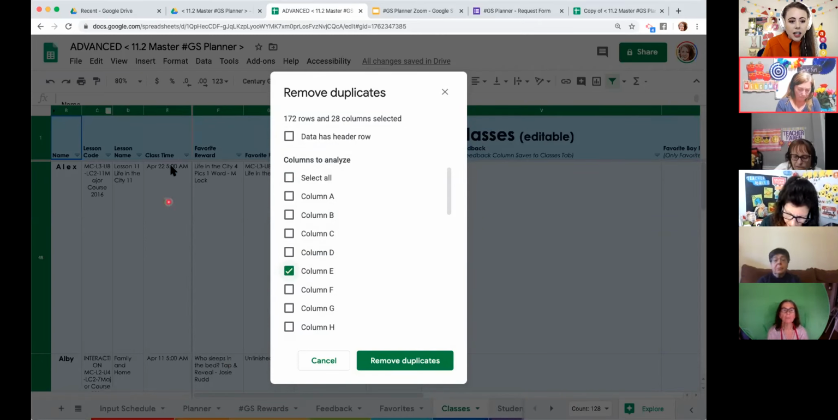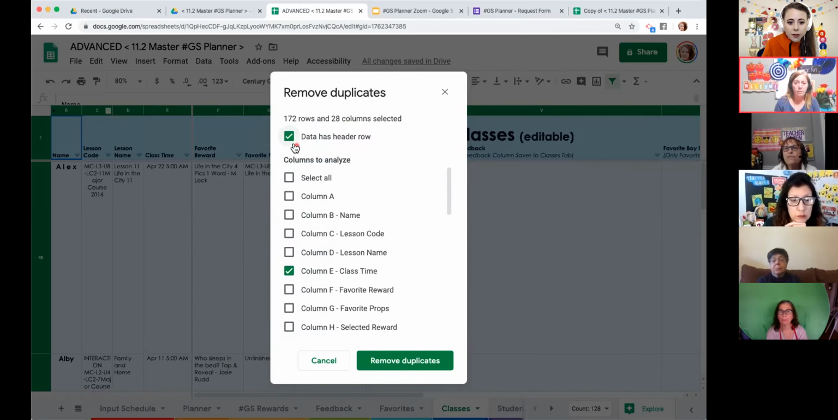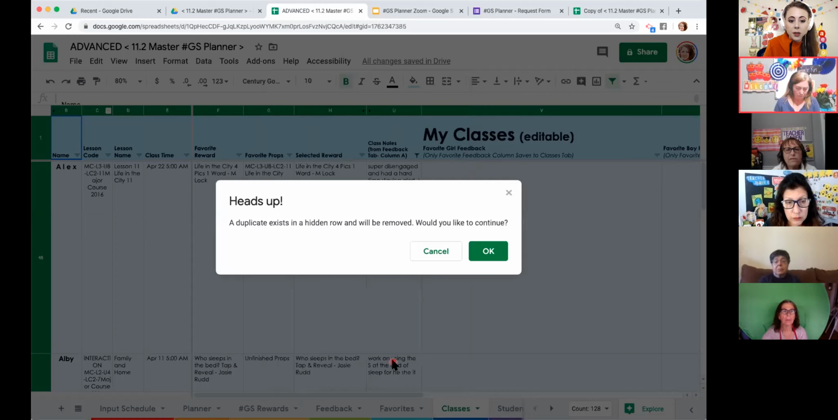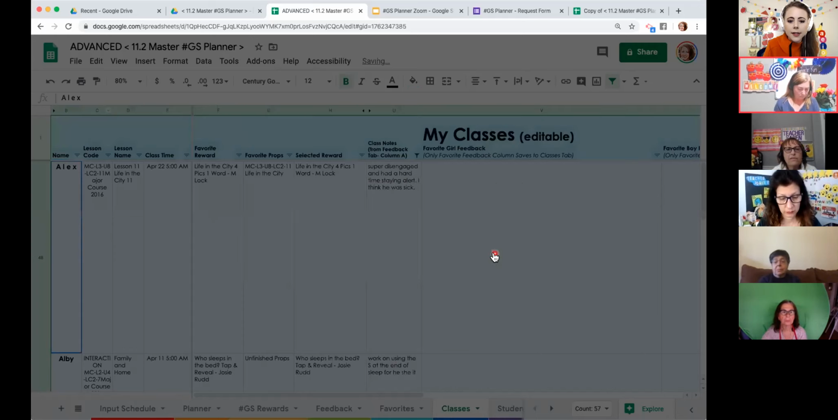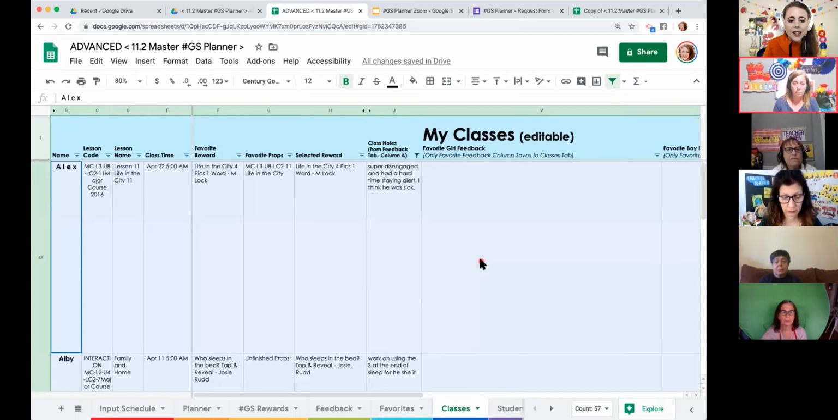All you need to select is column E for time. Right here, it's under Class. It's hard to see on mine because I'm zoomed out a bit, but column E, class time, that's what you want to select. There we go. Okay, cool. So I just checked that data has header row. And I'm going to remove duplicates for those class times, because we don't want multiple class times. So it says a duplicate exists in a hidden row. Yeah, I do want to continue. Let's see what happens. Okay, so it said 2 duplicates removed, and then it left me